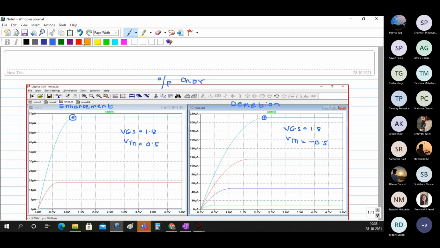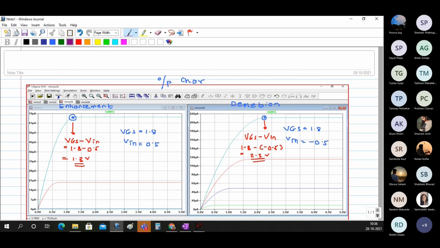So this point is actually VGS minus VTN. That will be 1.8 minus 0.5, which is 1.3 volts. And here this point is going to be VGS minus VTN, so 1.8 minus of minus 0.5, which is going to be 2.3 volts.